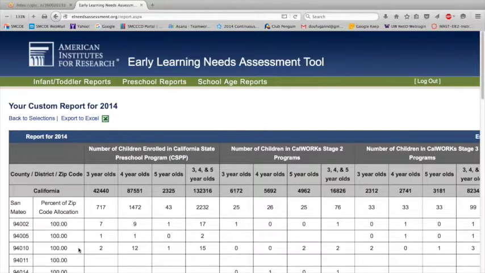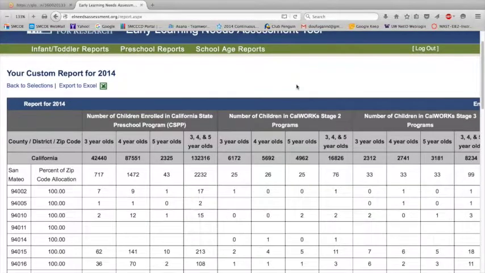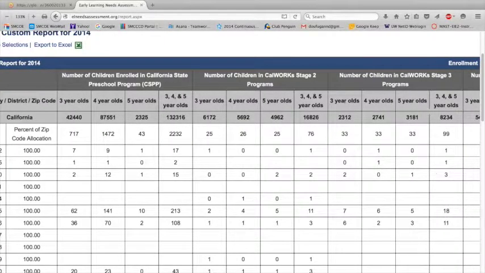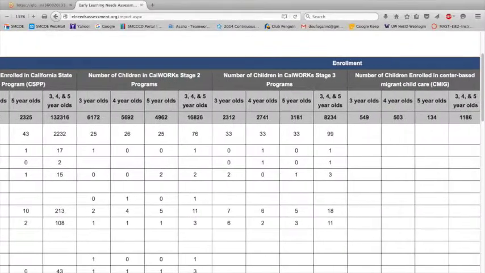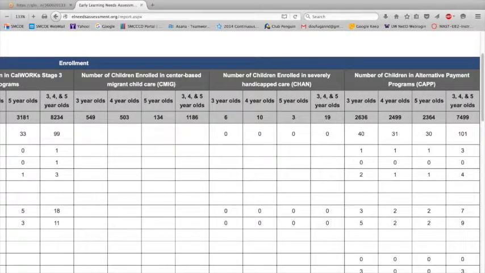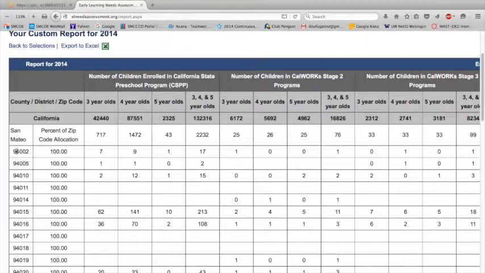It might take a minute, but then you're going to get a cool looking report that is from the 801A data from the state. The nice thing about it is that you don't have to deal with the fact that all of the counties are reported there. You can just look at your own information. So it presents it here, and at the far left you have your zip codes. These zip codes, though, may include some of the non-residential zip codes or such low population that there is no population there.